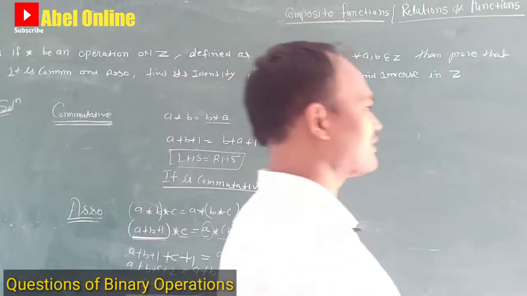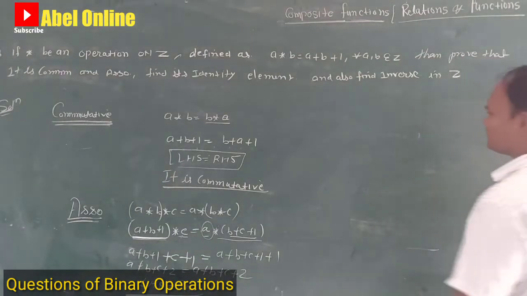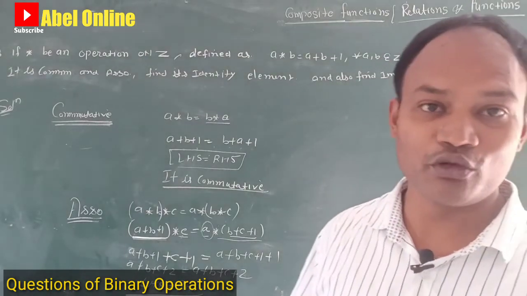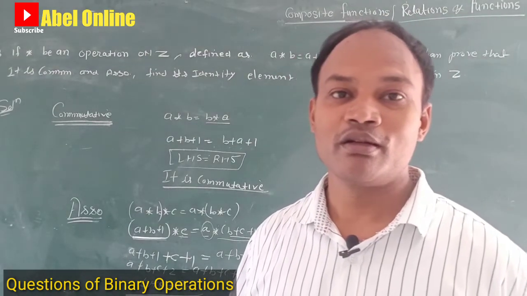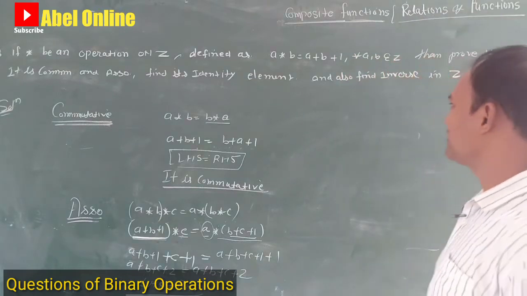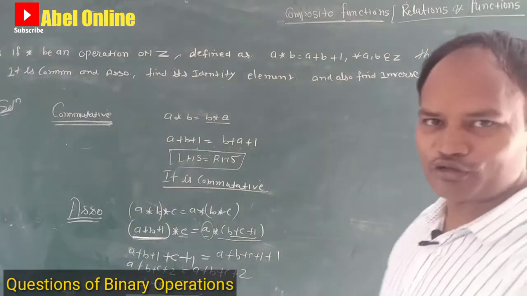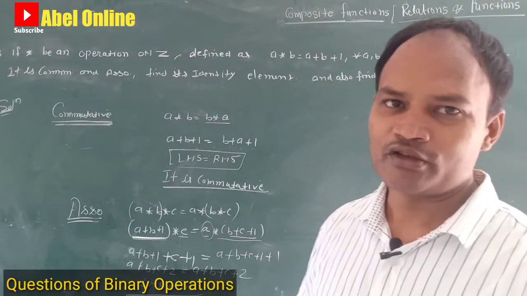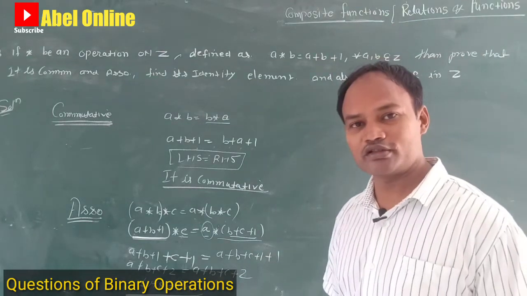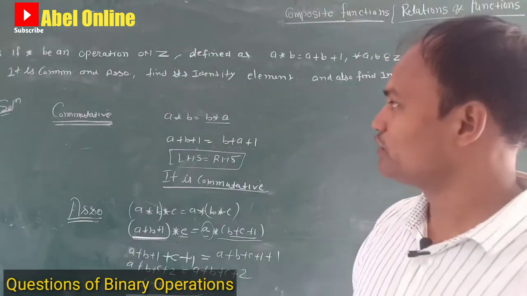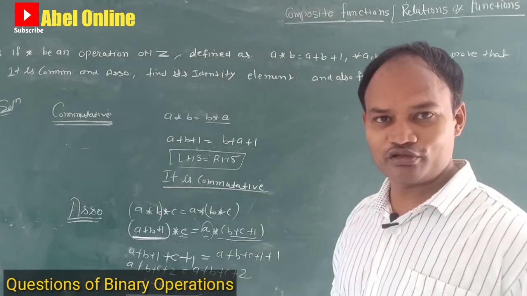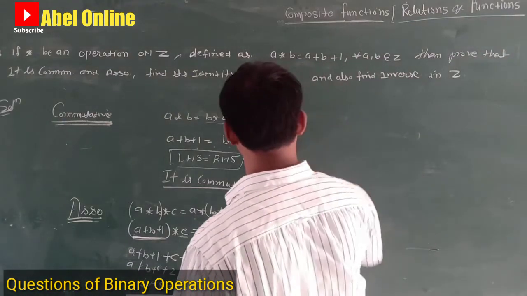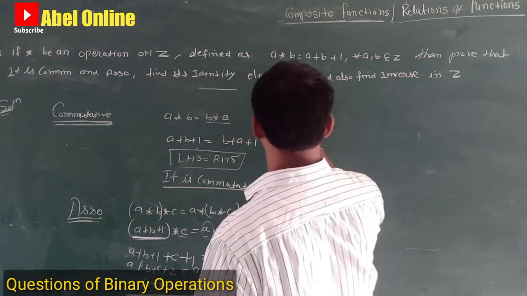Now some different things are there. In previous classes I already told you that this question is going to be more interesting because there are two more parts, that is identity element and inverse element. So this question is going to be more important than other questions. When we are talking about the boards, this is a very important question regarding board classes. So you have to solve this question very well. Okay, now next topic is identity.